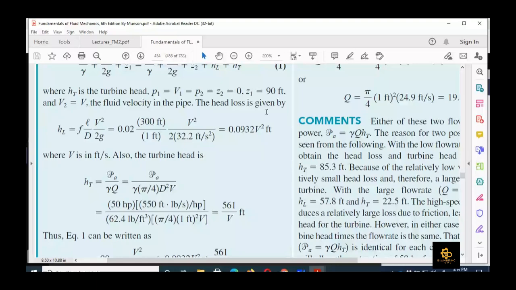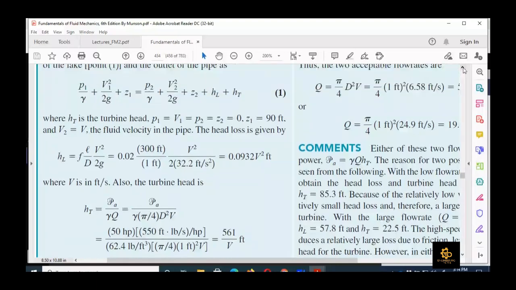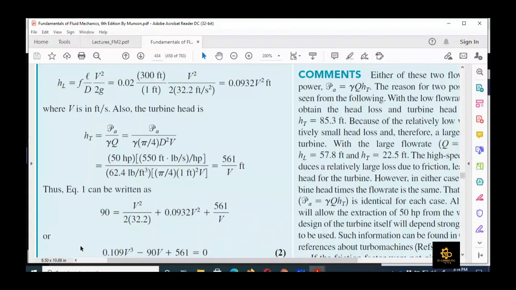Now if we put in the values here: Z1 is 90 feet, P1 is equal to 0, V1 is equal to 0, then V2 is equal to V, Z2 is equal to 0, P2 is equal to 0, and then these two values are being calculated here. So if we put these values, 90 is the Z1 value, then V squared upon 2 times 32.2,